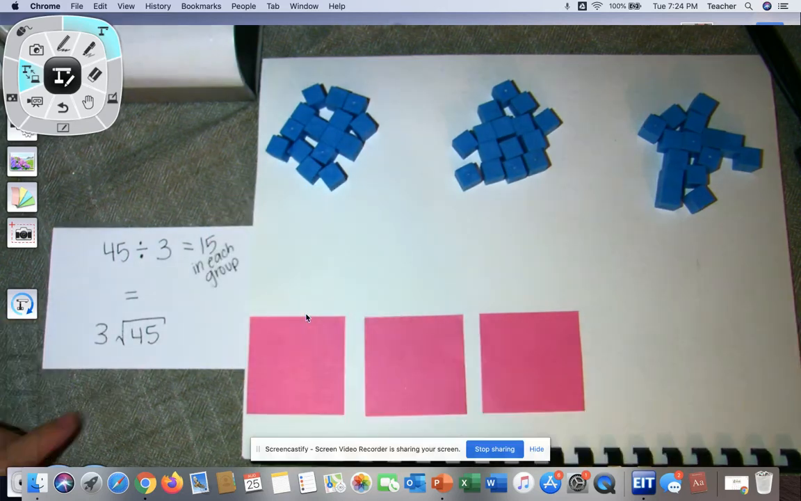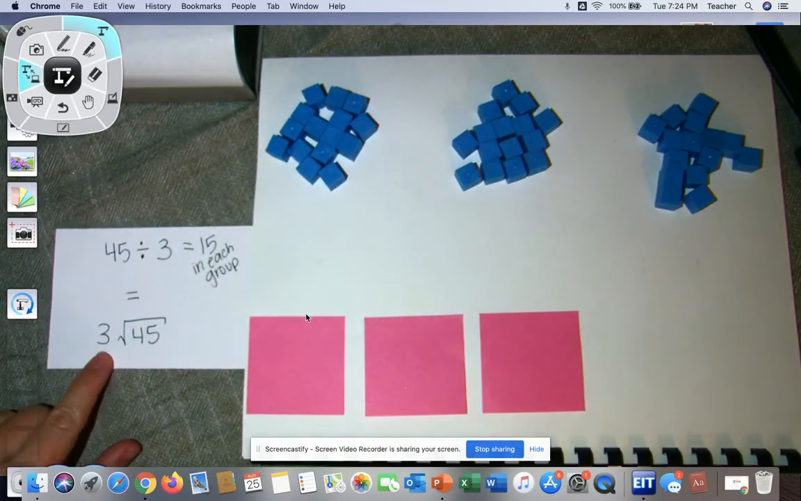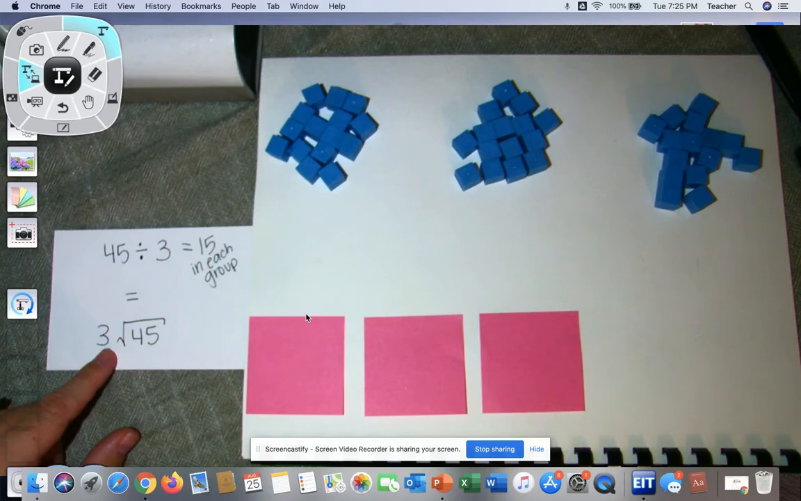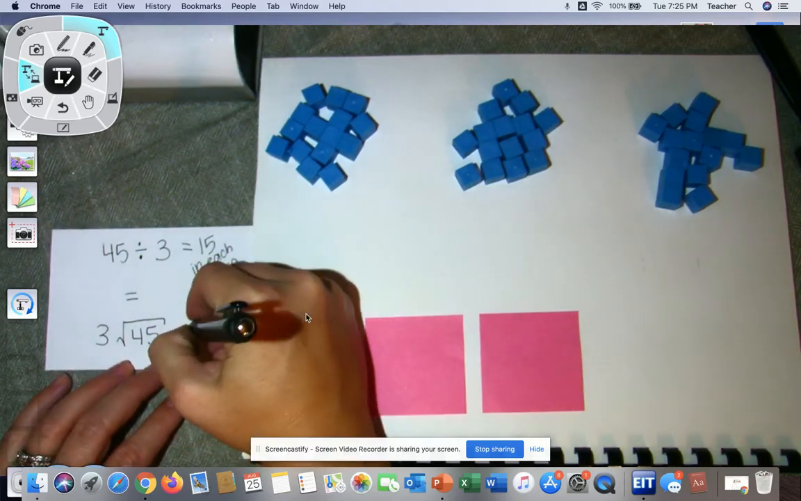Okay, same thing here. So 3 groups. So how many times does 3 go into 45? You can also say 45 divided by 3. You just read it a little bit differently. That would still equal 15 because there is